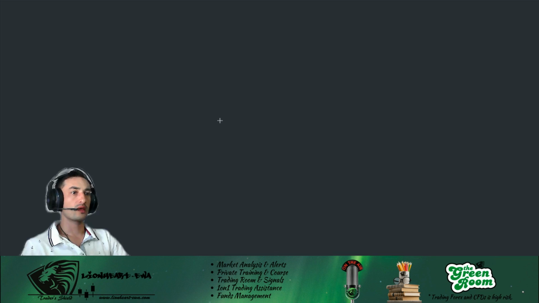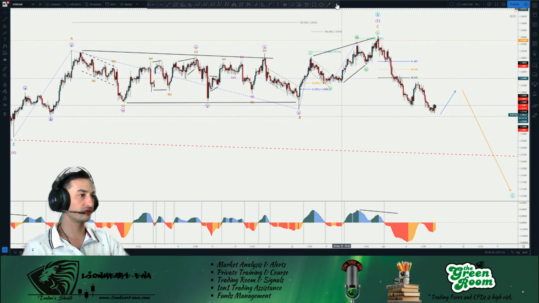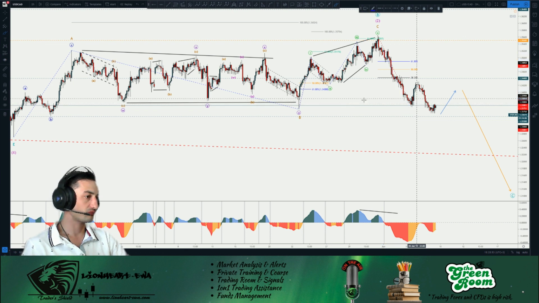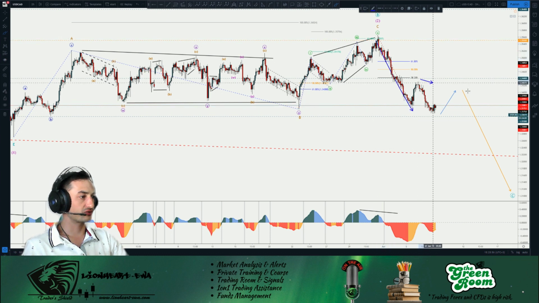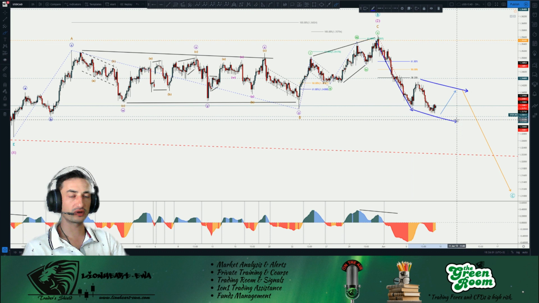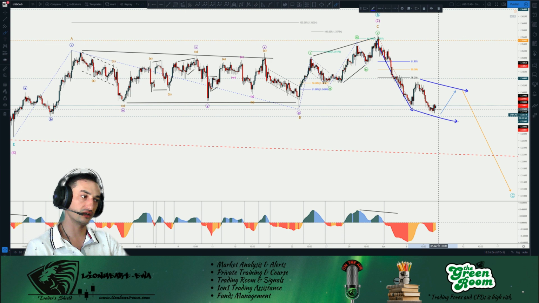Okay. Now dollar CAD. After it formed this ending diagonal in the C leg, it started dropping, and I've been previously bearish on this, if you are following me, with some orders as well. Now the way it dropped, I would actually be expecting right here a running flat. A running flat, or let's say for instance, if the VIX actually spikes and it would actually hurt the WTI, the crude oil, which if you look at the video I posted just before this one, you'll be able to know my thoughts on that.